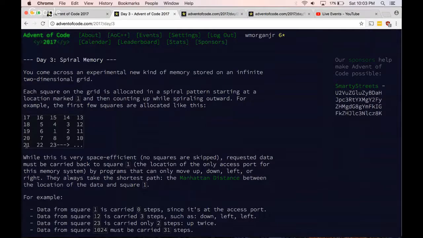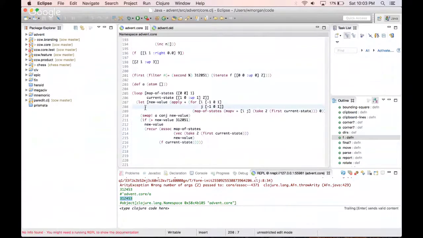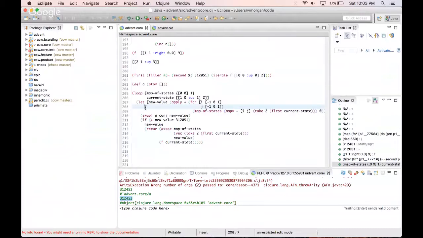There's another way that I could have done this, which was maybe the direction that you were expected to go or rewarded to go in part 2, which is to actually fill out the grid. If I had done that, and used a structure like this map of states here, then my algorithm for knowing when to turn, or even which direction to go in, although I'd have to think about that, would become a lot more straightforward, because what you do essentially is a lookup on the map of state, and you say pretty much,